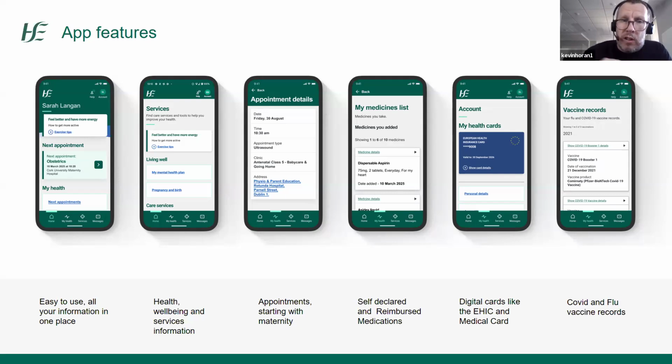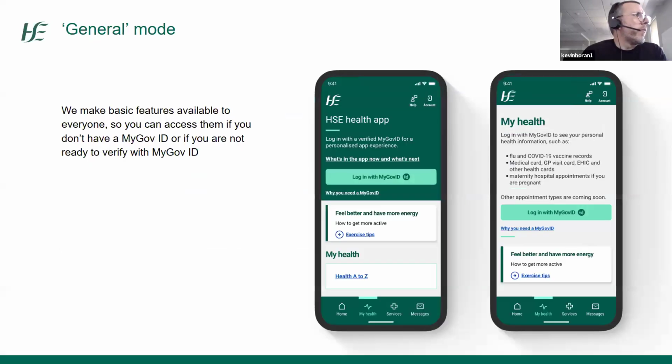We offer a number of features that you might find elsewhere in the ecosystem. So for example, you can access the urgent and emergency care finder that we have on the app so that you'll find the right place to go for care. And we also include information from our Health A to Z. So if you do have questions about a given condition, you can find accessible, clinically validated information within the app.